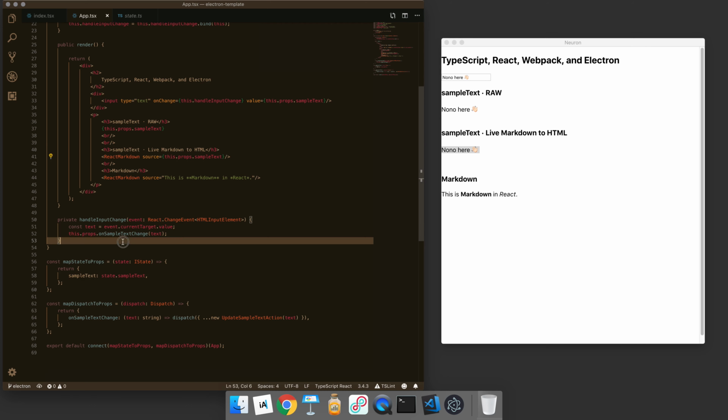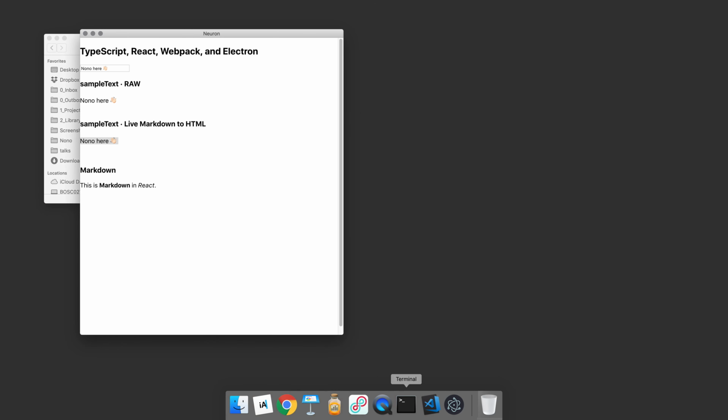Any component on the whole application could read from that state, even though the app is dispatching it, and make use of it in some way. So what's more interesting, and probably better to see right now, is how we visualize how all that's working. If we go back to this